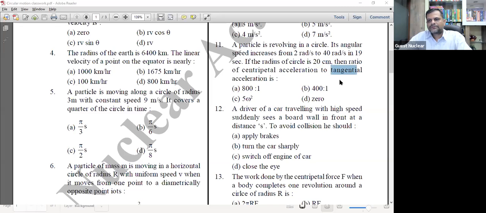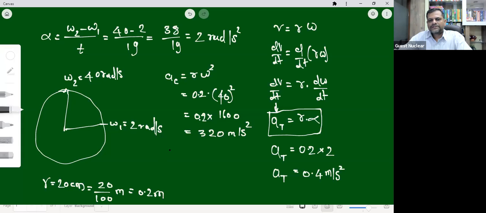Yes. So what we want here is to find out the ratio of centripetal acceleration to the tangential acceleration, AC upon AT. What is AC here? We already got it as 320, and this is to be divided by this 80, which is 0.4. Hence we get this as 320 upon 0.4, which happens to be actually 3200